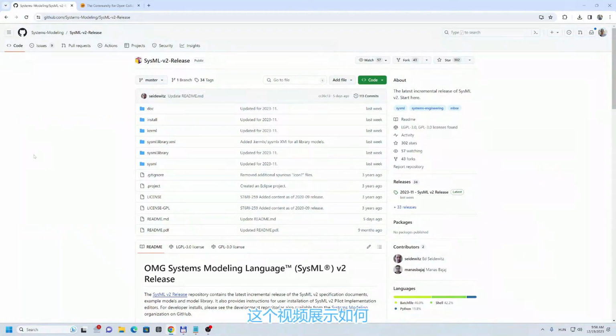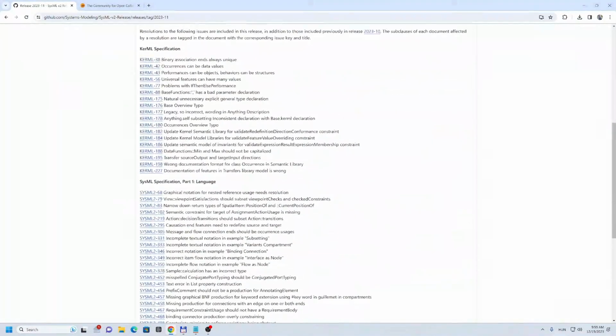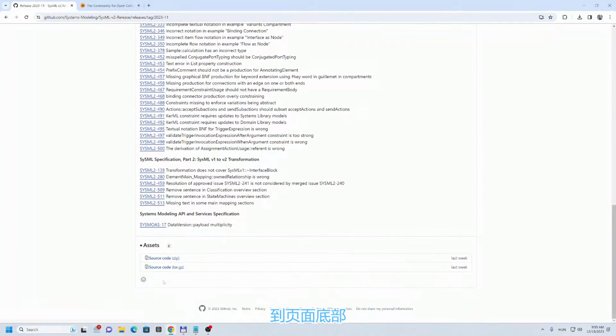Good morning, everyone. Today I will present you how to install the SysML version 2 reference implementation on your local computer. In order to do that, you have to go in your web browser to this GitHub page, where the latest version of the SysML version 2 release is being stored. On the right side, you can see this release label, which you need to click. Then you can scroll down to the end of the page and click this source code zip file, which will